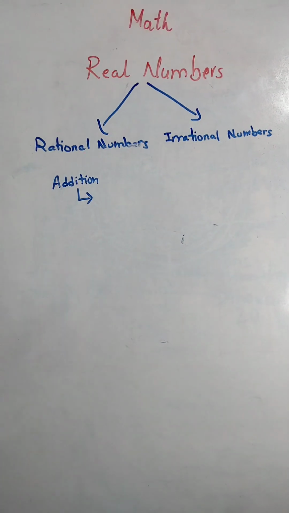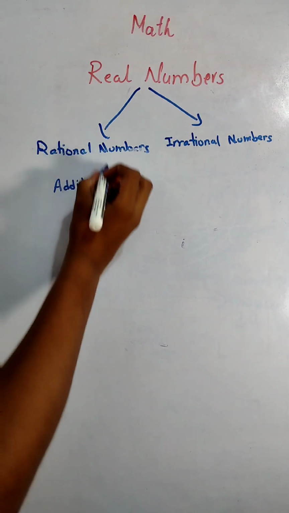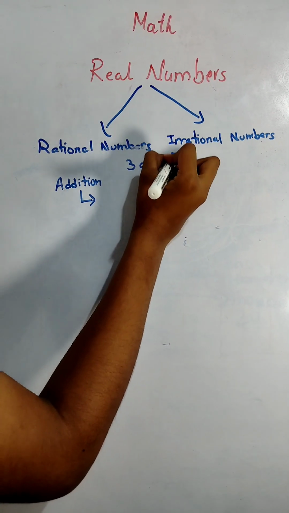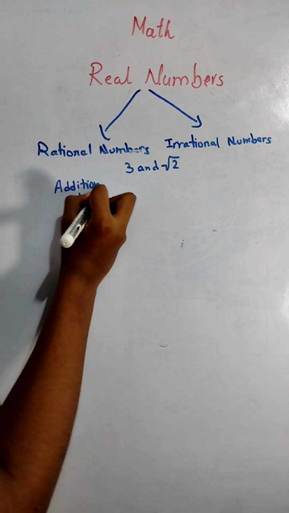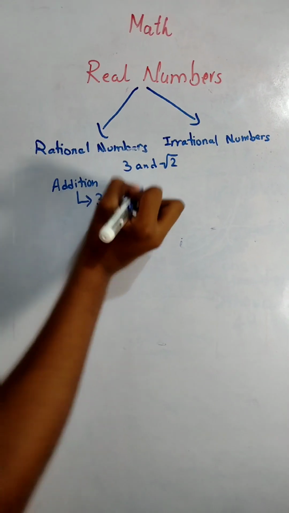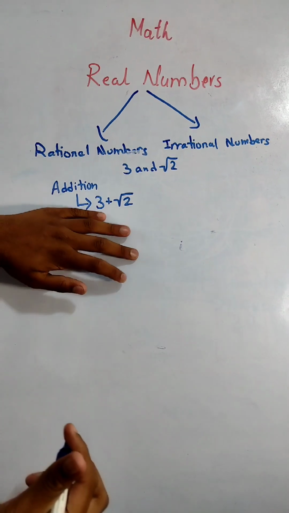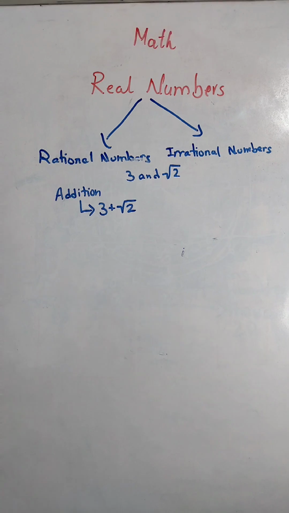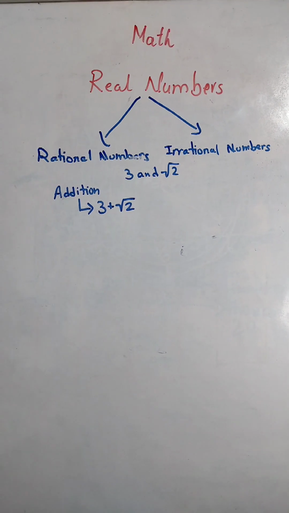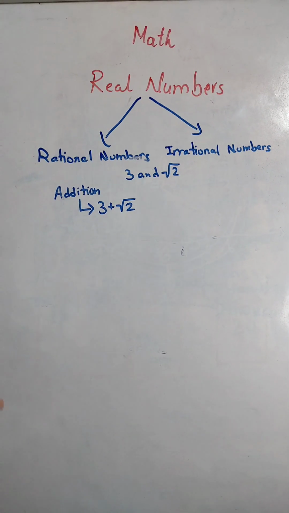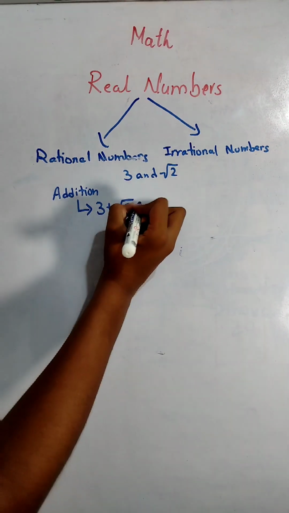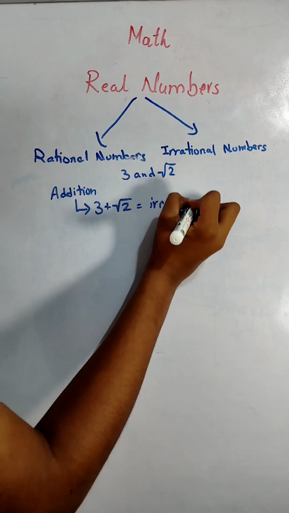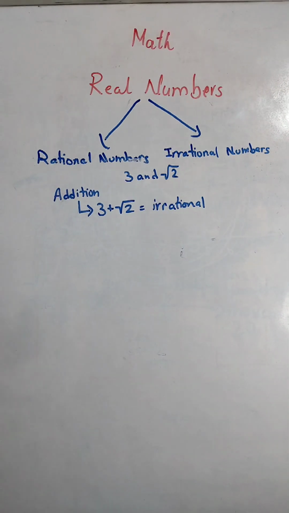let's take one scenario. We are adding 3 and root 2, that is 3 plus root 2. Now we can see here that we are only adding a whole number to this number, which means the whole number changes but the decimal section doesn't change, meaning it's still non-terminating, non-recurring. Therefore this is also, along with root 2, irrational. Okay,